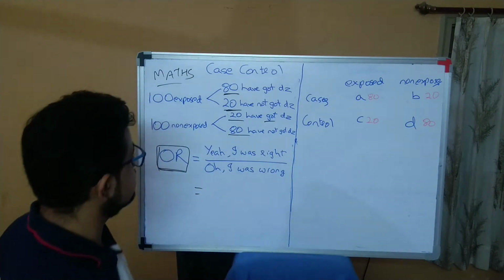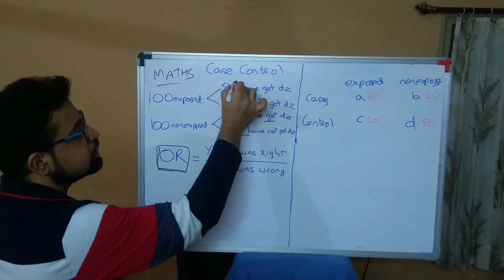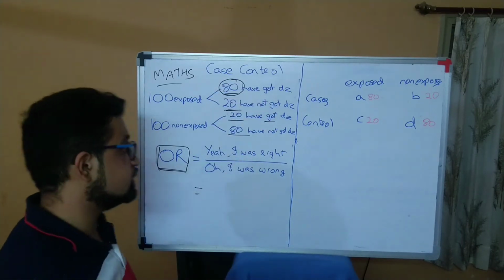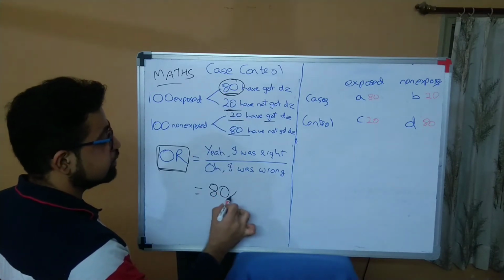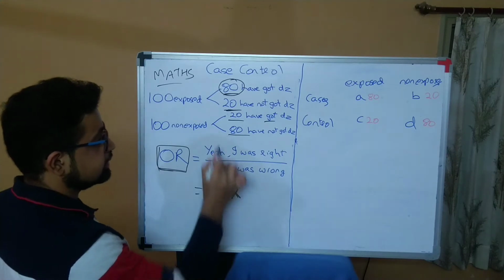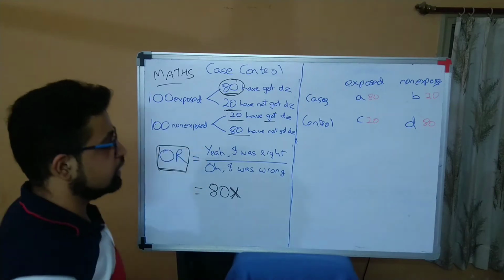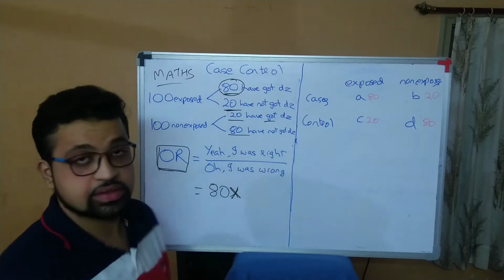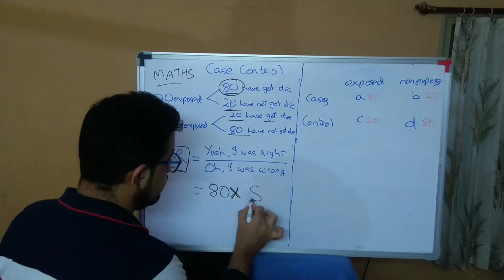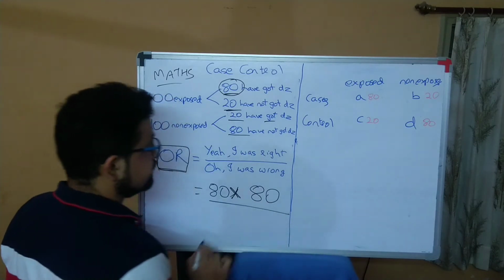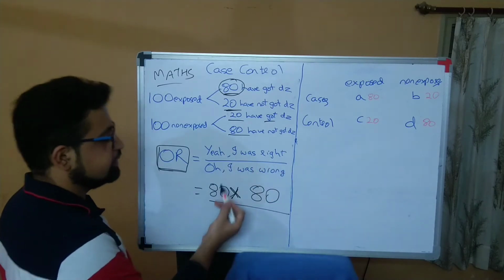Okay? So in this condition, as we discussed, there were 100 exposed, and out of those 80 have got the disease. There are 100 smokers, out of those 80 have got the disease, right? So here you were right. Because they were smokers, they got lung cancer. And among these 100 non-smokers, 80 have not got the disease. You were right, they were non-exposed and they have not got the disease. So here also you are right. Now, the denominator, what do you get? I was wrong. It is the ratio of I was right divided by I was wrong.